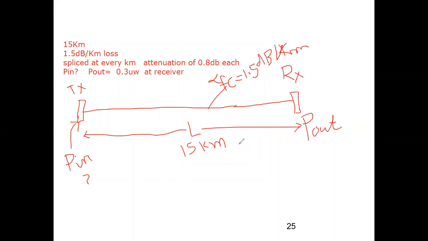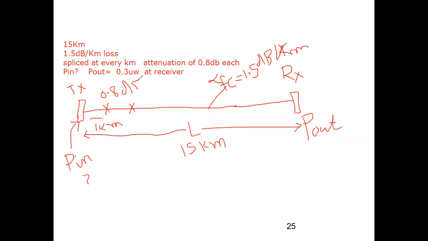Now, the second sentence, what is given is, so this was all about the first sentence. Now, the second sentence that is given is, the fiber is spliced at every kilometer. Okay, so suppose यहाँ से पहला किलोमीटर है, the fiber यहाँ पे splice हुआ, यहाँ पे fiber splice किया, हर एक किलोमीटर के बाद मैंने splicing किया है. Okay, so what is the loss due to the splicing that is given? It is 0.8 dB. Okay, so 0.8 dB is the splicing loss. हर एक splice 0.8 dB loss contribute करेगा.